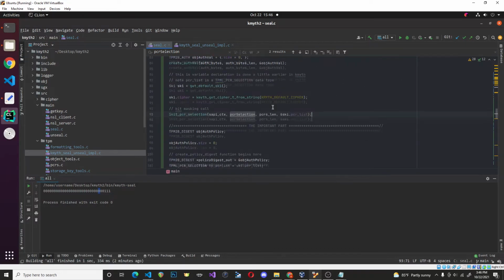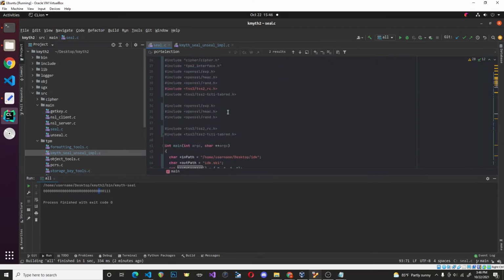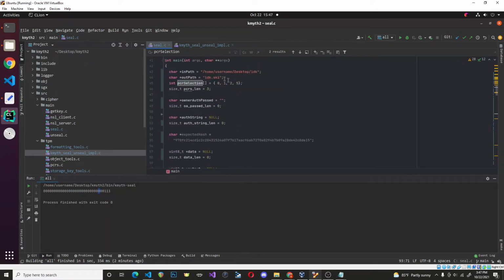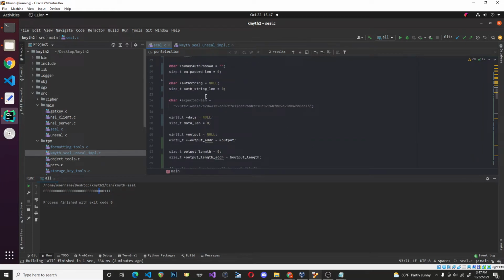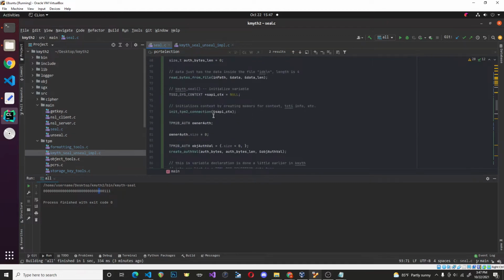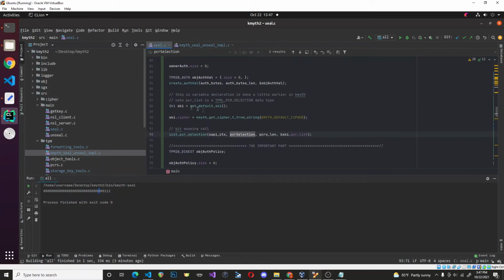So pretty much everything we've done so far doesn't really even matter, honestly. I mean, we're passing in this path. We've assigned our PCR selection. None of this actually matters to complete the objective that we're trying to complete. All we've done is create a bunch of variables, kind of initialized a couple things. We created this ski object. It's good to know that